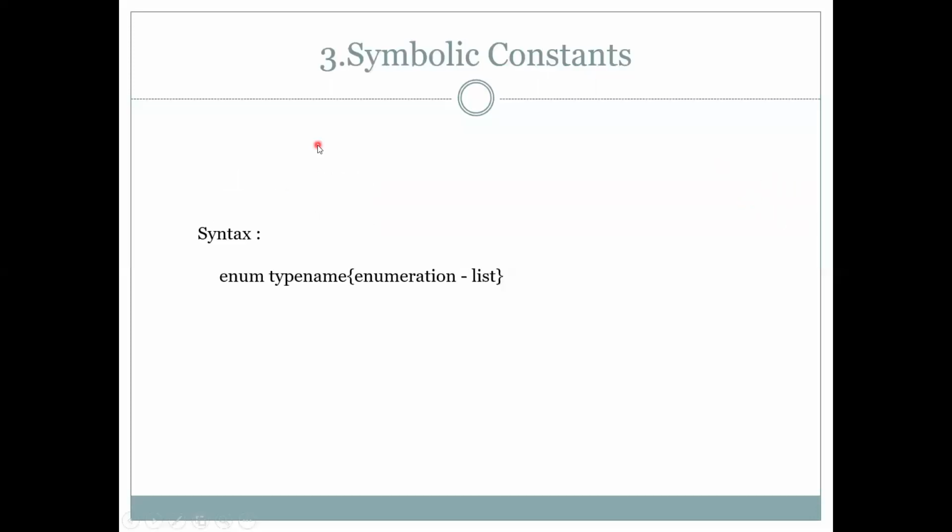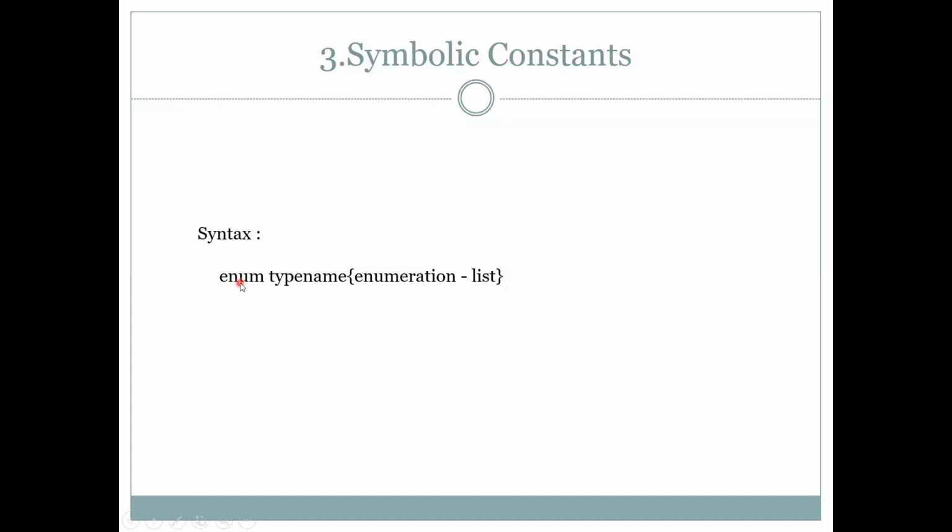And the next is the symbolic constants. Symbolic constant means enumerations. In addition to the predefined data types, C++ allows you to define your own special data types. This is done in several ways, and one of the ways is to use enumeration. An enumeration of symbolic constants is introduced by an enum declaration.